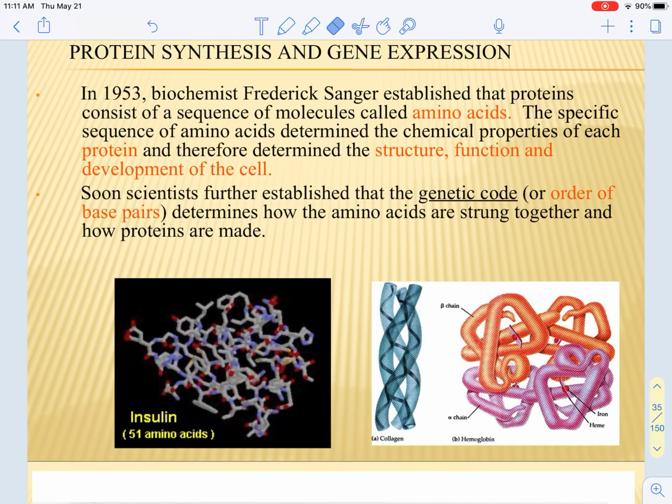So there's 20 amino acids that, organized in different ways, make different products. Just like we have 26 letters in the alphabet and can make endless numbers of words, with these 20 amino acids we can make many different proteins that are the structural parts of cells and therefore organs, as well as cell products